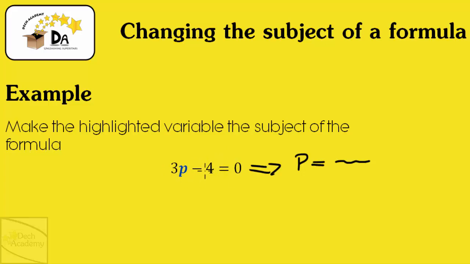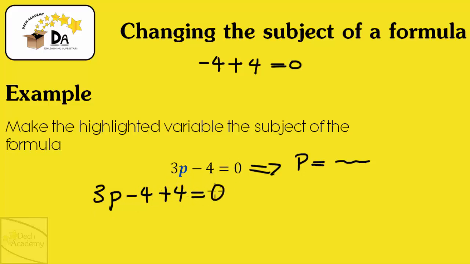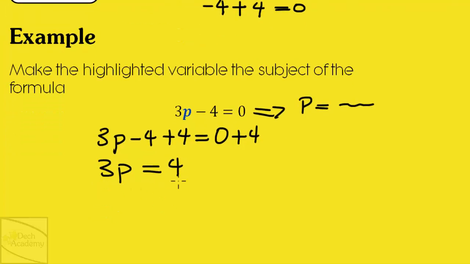To start with, let's get rid of the minus 4. Now you can do this by adding 4 to both sides, because minus 4 and 4 are the additive inverses of each other, which means their sum, minus 4 and 4, their sum is 0. So 3p minus 4 is the original left hand side. We're now adding 4 to the left hand side, and to the right hand side we're also adding 4. This preserves the equality. Simplifying gives 3p equals 4,